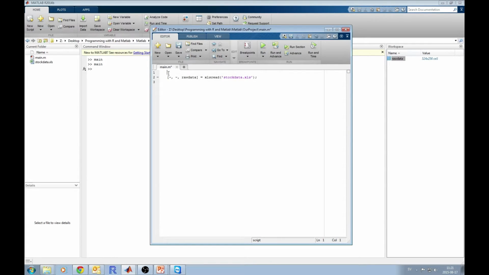And if you want to say what this command does, it's really nice to comment it. Commenting is done if you put a percentage sign and then you just write importing data from Excel, so that you know what you're doing. Okay, so